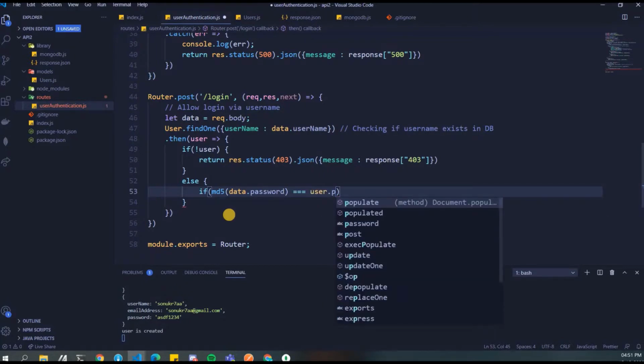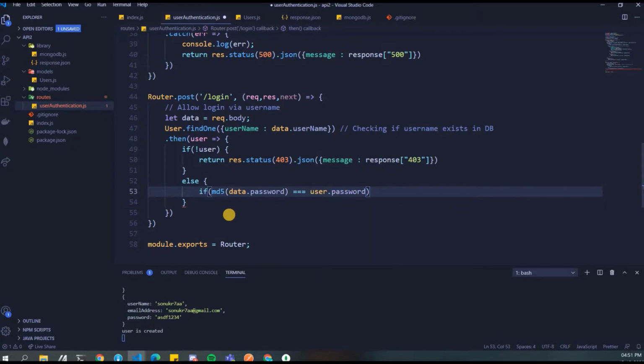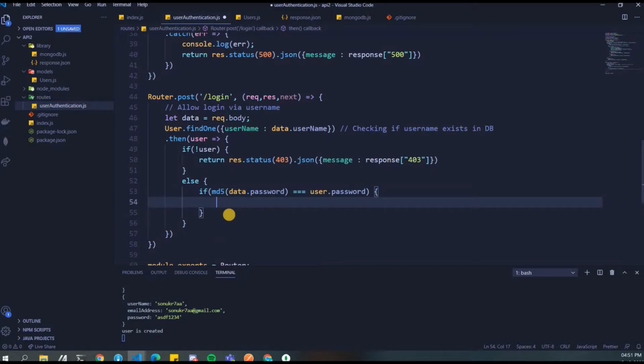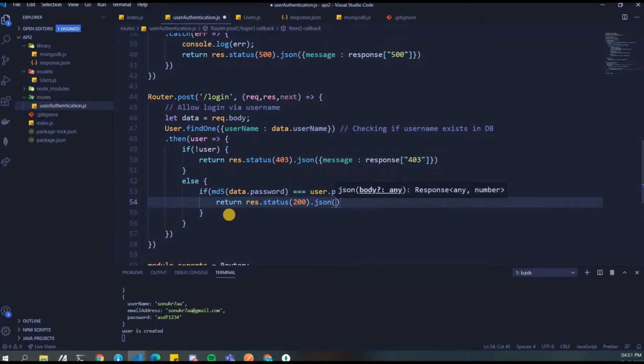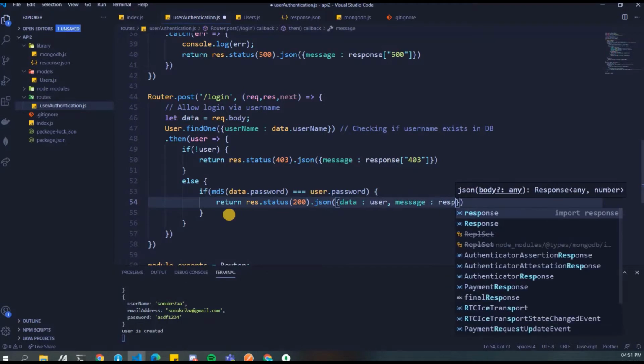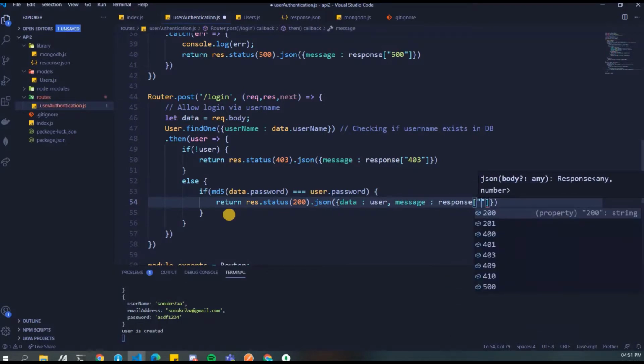We all know we use triple equal to in JavaScript for exactly matching whether the type and everything is also matched. Okay, res.status(200).json(data). If it is matching, we need to send the data back. So we'll provide data user and message as response 200.